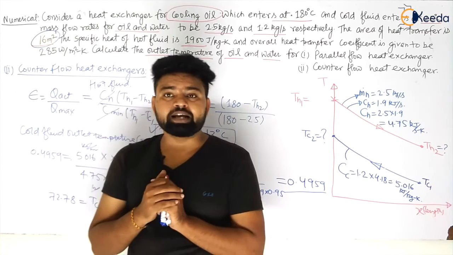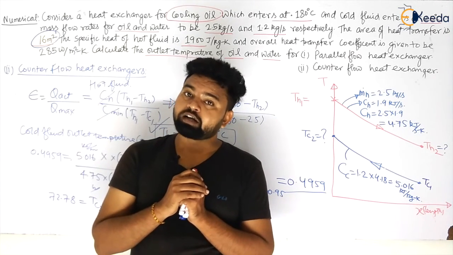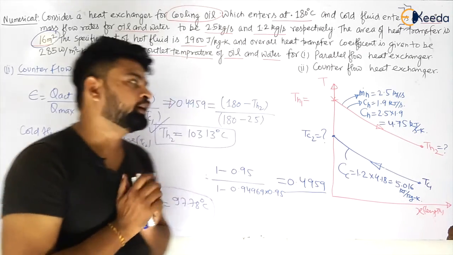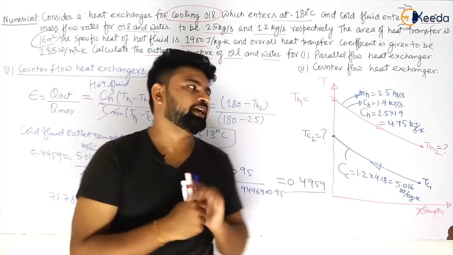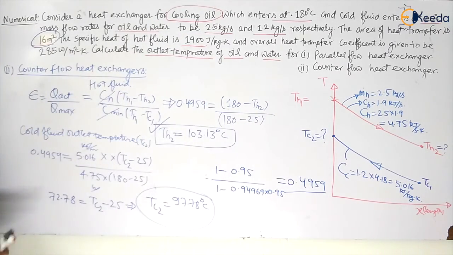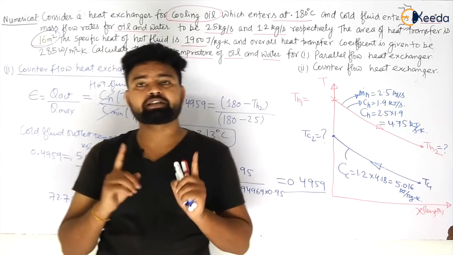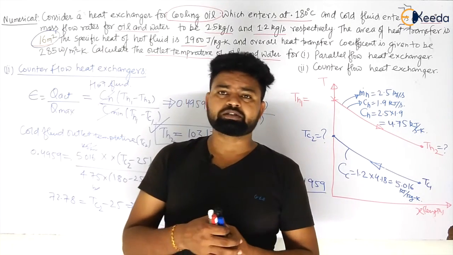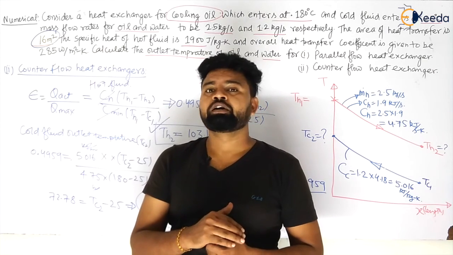So you can analyze that delta T will be maximum for the counter flow case. So the area should be minimum for this case, my dear students. If the area is the same, then delta T will increase. I hope you have understood both cases. I can also include the third case, that is same heat capacities, so you can practice more questions there. You know them. That is very simple, and I hope you have understood from the basics.